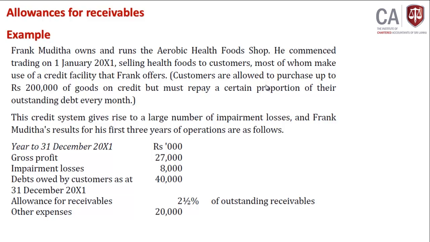Year to 31st December 2001, gross profit 27,000, impairment loss 8,000, debt owed by customers as at 31st December 2001, 40,000, allowance for receivable 2.5%, other expenses